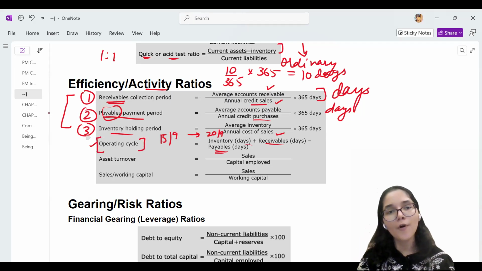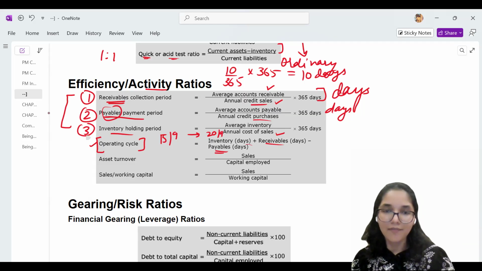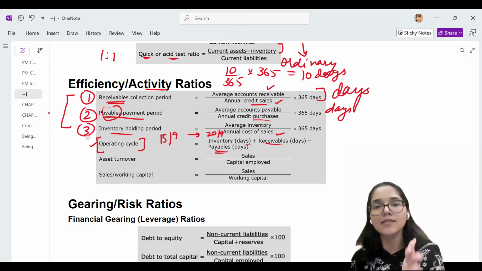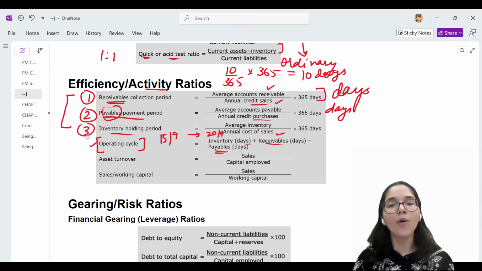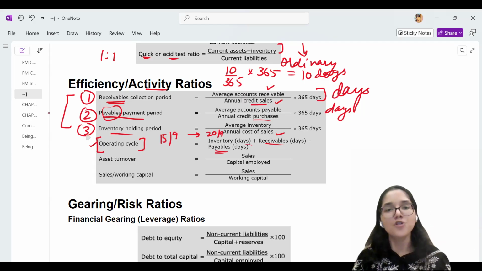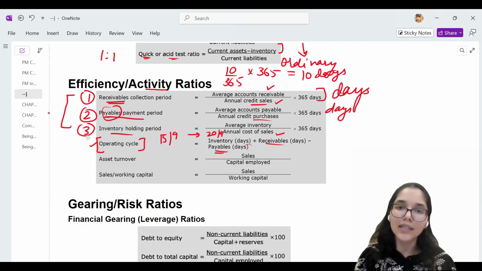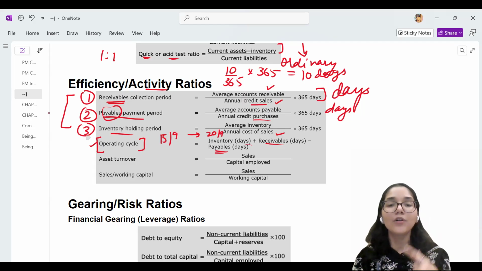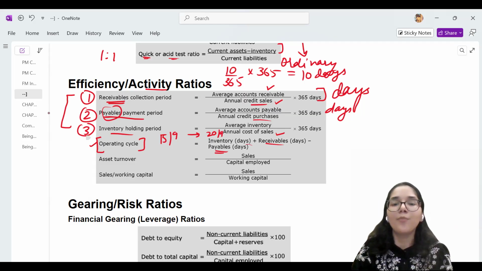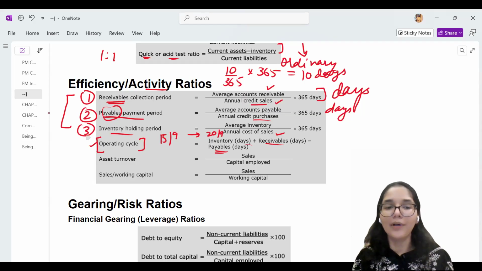Again, what is the definition of operating cycle? How much time does it take for the business, once they spend cash on raw materials, on the inventory and everything, till the time that they make the sales and the customers make the payment in cash to the business? That is the time that the operating cycle represents. So the shorter the operating cycle, that means cash comes back to the business quickly. That will be a good thing for the company. If it is a very long cycle, then more money will be needed to sustain my operations till the time my original money comes back to me. So this is the operating cycle.